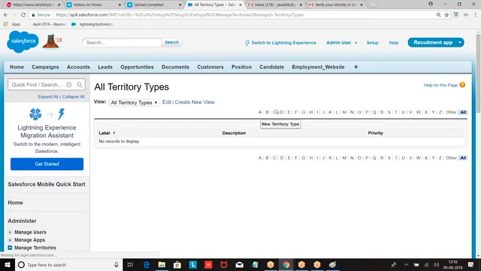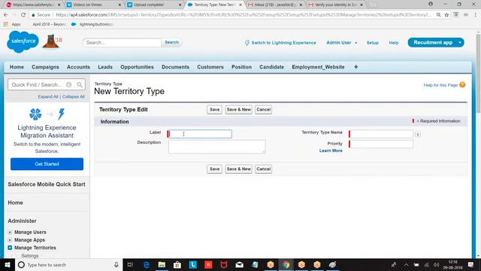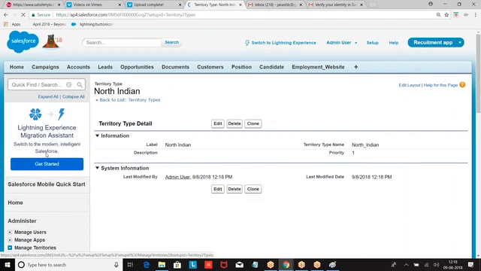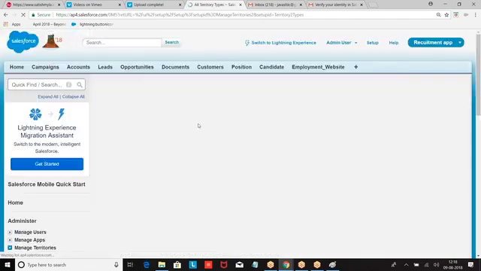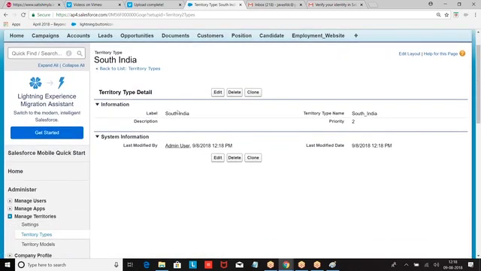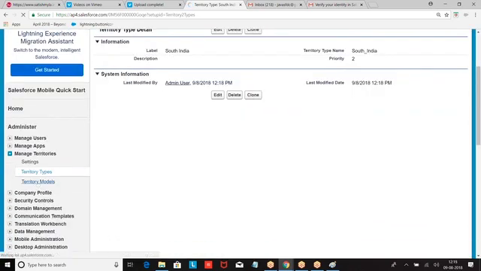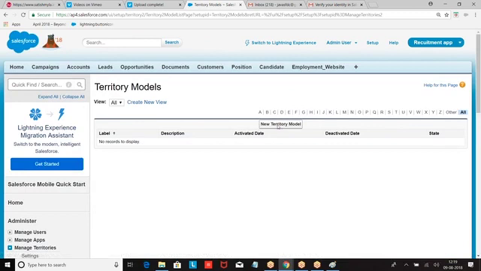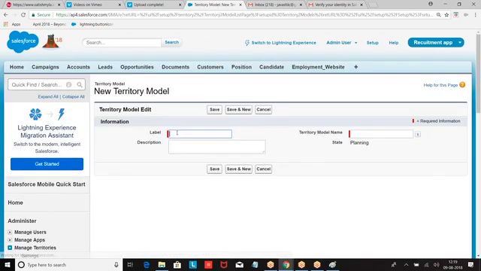Territory types, I told. North Indian Territory. Under this territory, I am creating some models. Territories I have created.